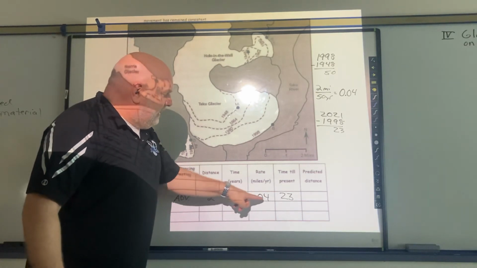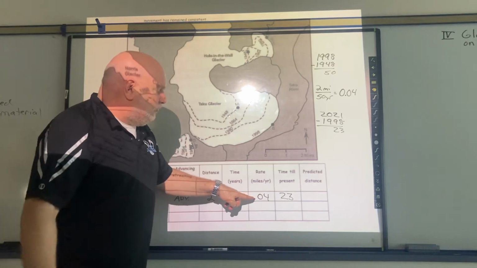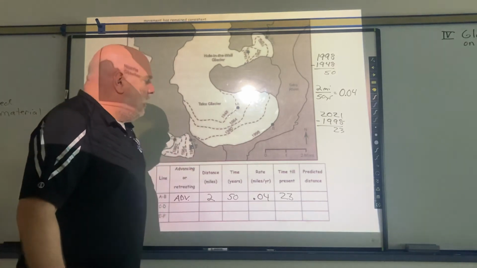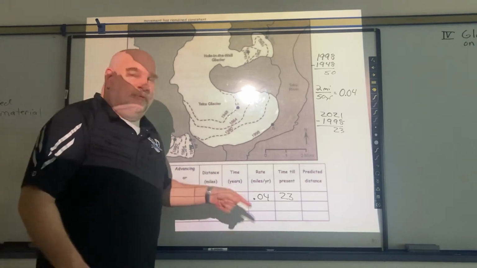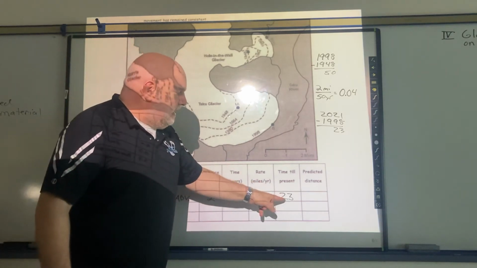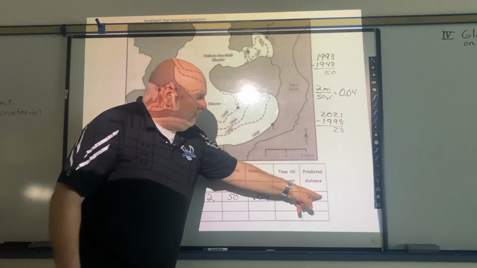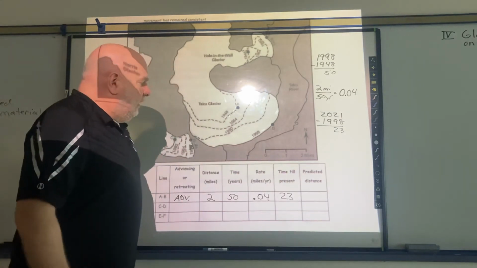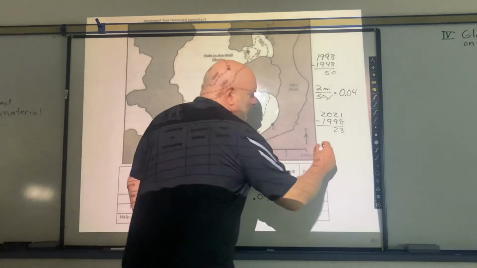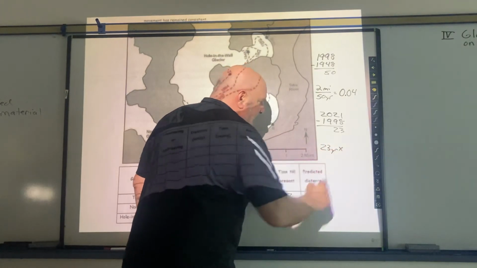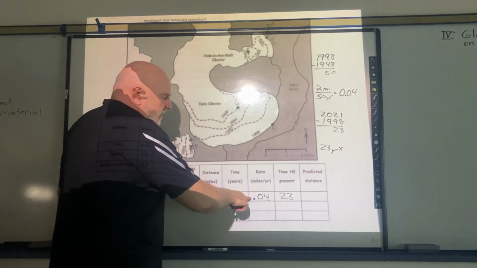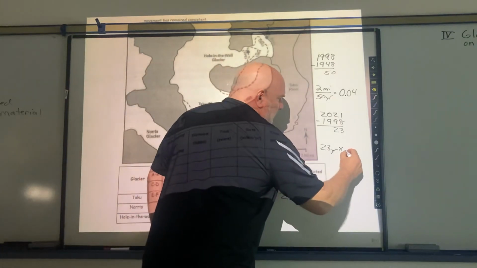It is expanding at a rate of 0.04 from 1948 to 1998. If it kept going at that rate for 23 years, I want to see how far it would have moved since then. So what I need to do is take the 23 years